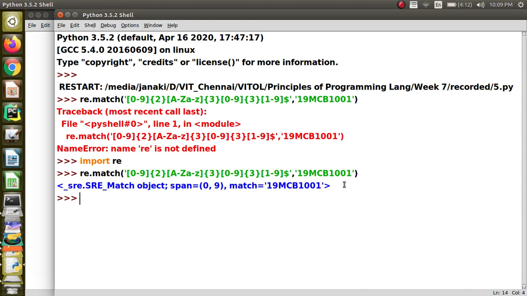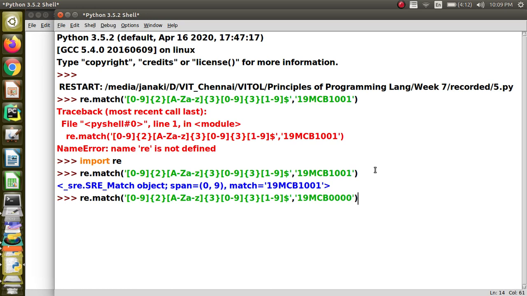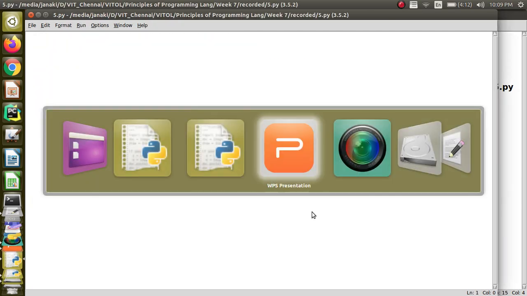You can see that it matches. Suppose I give all zeros, then it is not going to match. You will see that it is not returning anything. Fine, so this is how it is going to work.